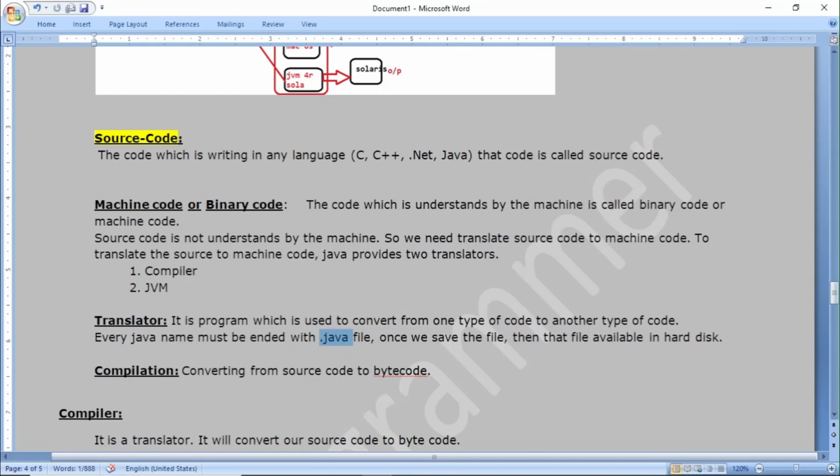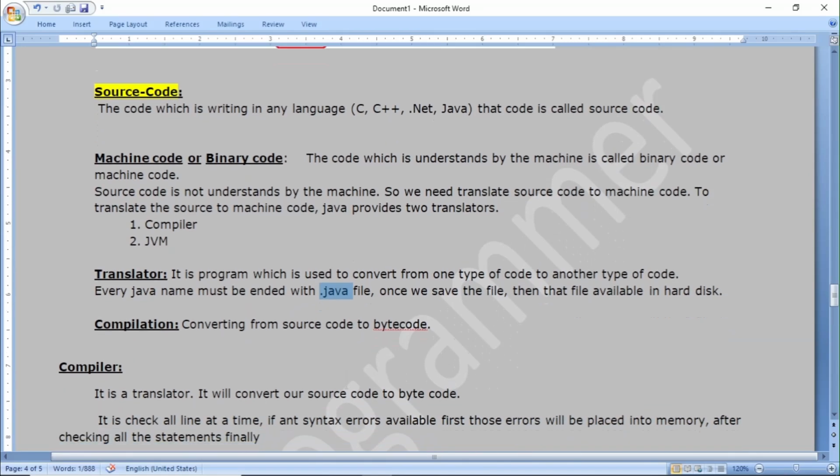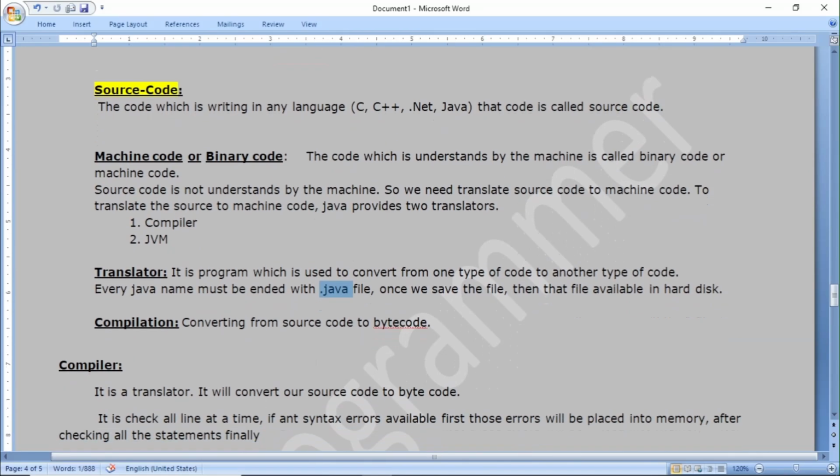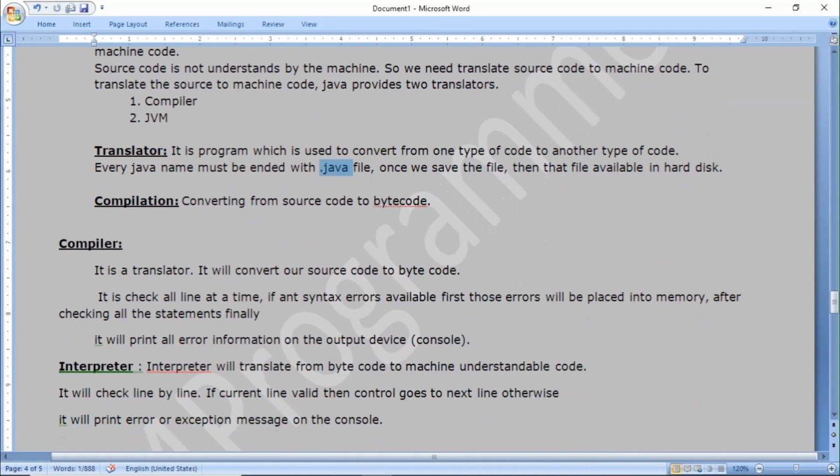The compiler converts source code to bytecode, automatically. Whenever we are talking about the compiler, it is a translator.